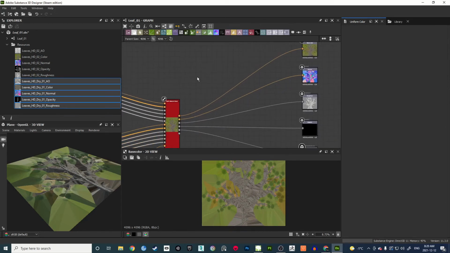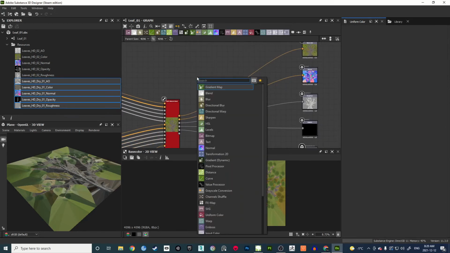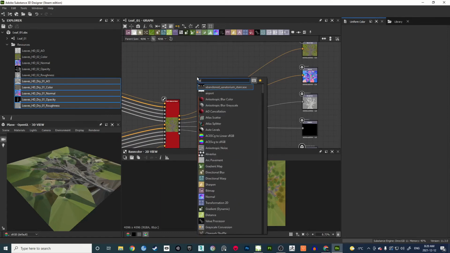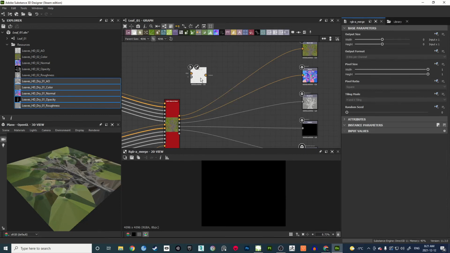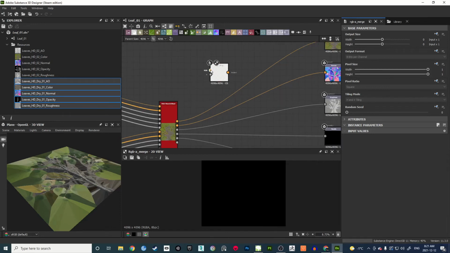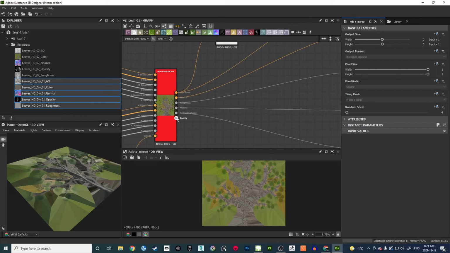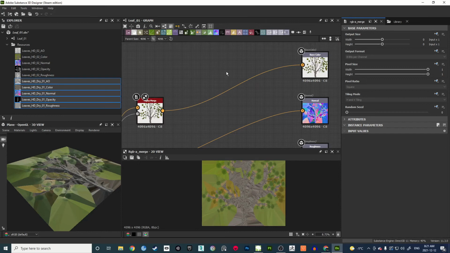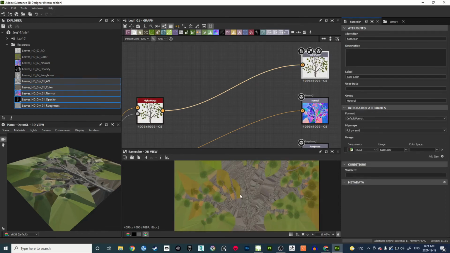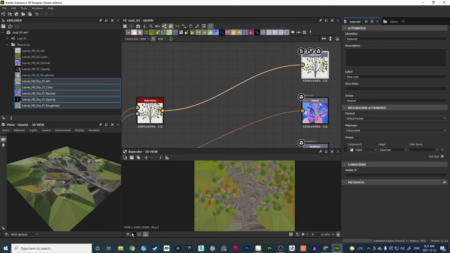Okay, so for opacity, what we need is an alpha merge. So just type alpha, use alpha merge. So alpha merge will merge the color and alpha into one node. So for this color, you get the base color, and for alpha, you get from opacity and connect it here, and use this as the output for the color. So when you double click on the color map here, you get the whole texture as one, and just turn this on, show alpha